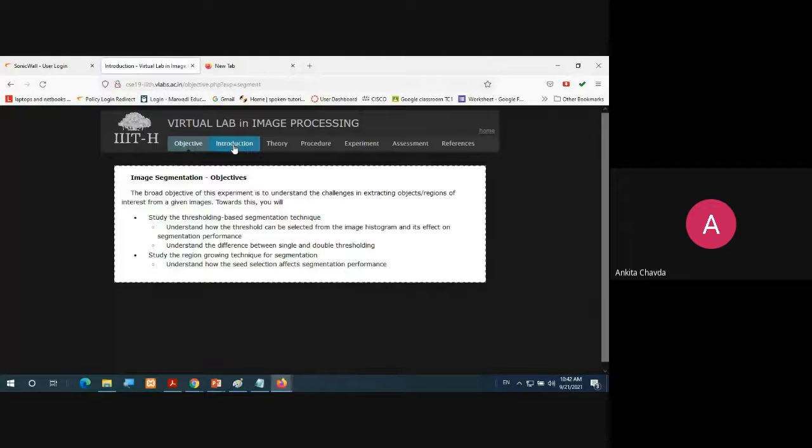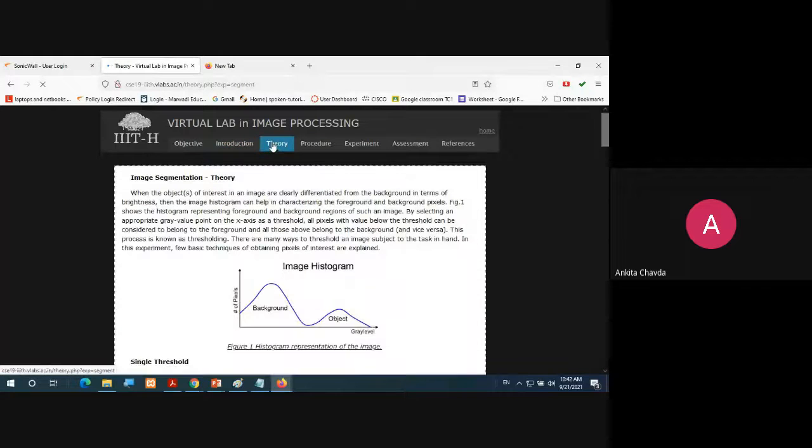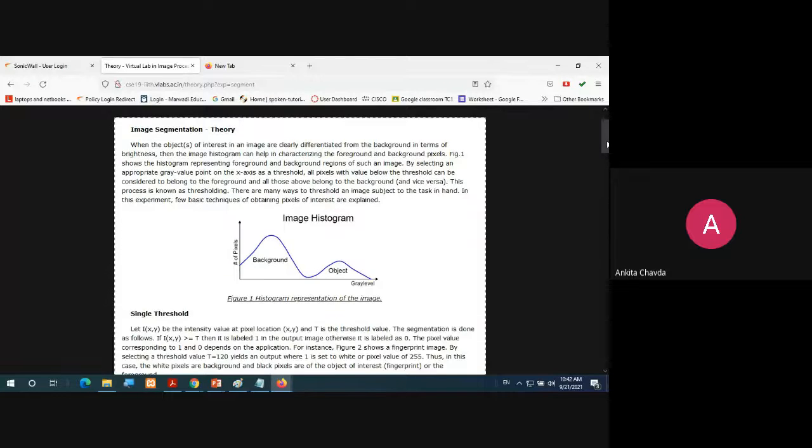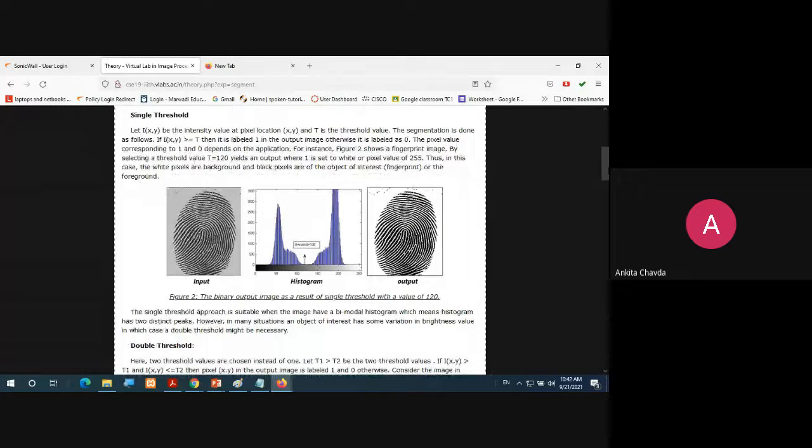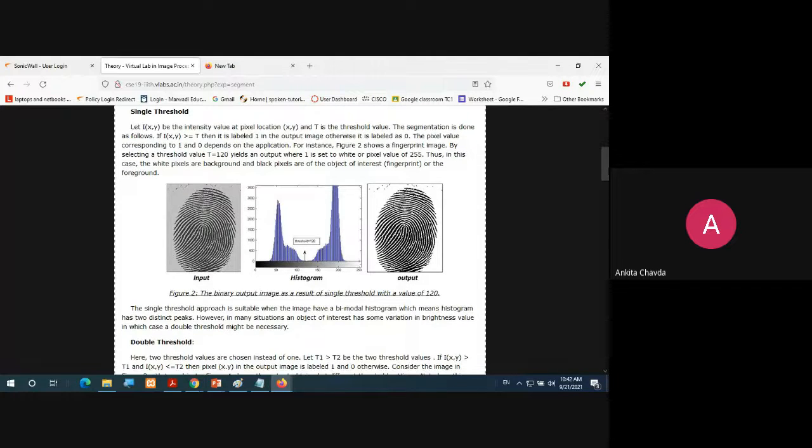You can have this image segmentation, introduction, and everything, right? Object of interest, this is what we will see in the theory, so don't worry about this. This is the single thresholding value, only black or white. Whatever the intensity is of this x and y single pixel, if it is greater than or equal to T, then it is labeled as 1 in your output image. Otherwise it will be labeled as 0, right? So label 0 and label 1 will both have their own histograms.